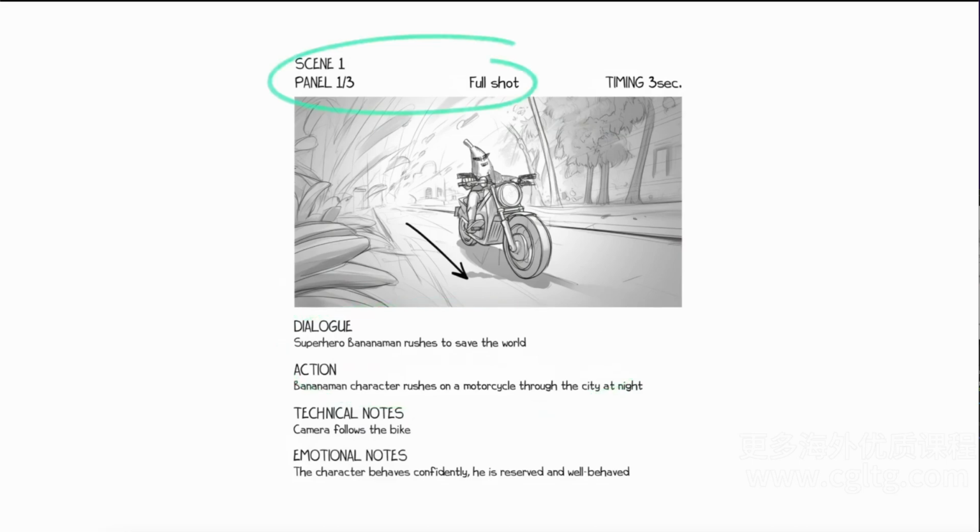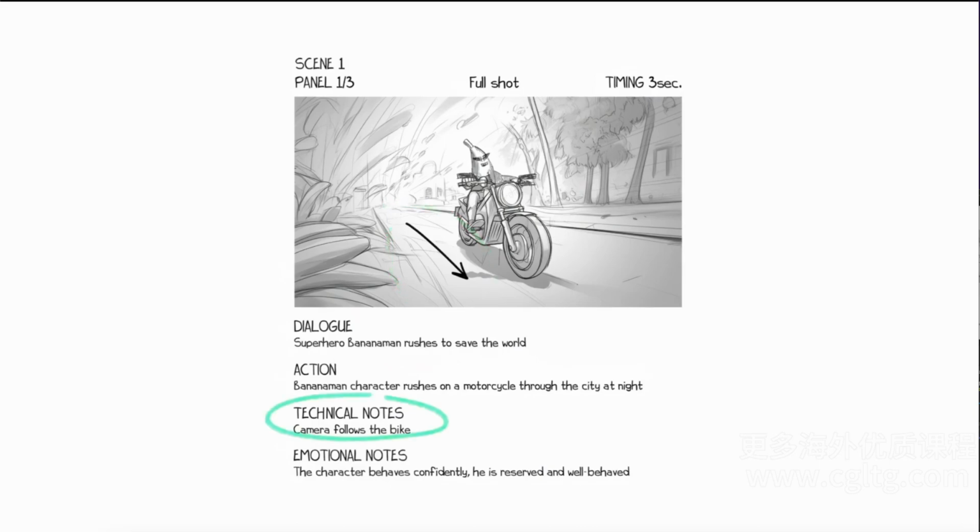Scene number and shot type. Generally located in one of the corners of the panel or below it, this information helps to organize the storyboard and indicate where each panel fits into the overall sequence. Directional arrows or indicators. These are often used within the visual representation to show movement or camera direction. For example, an arrow may indicate that a character is walking into the scene or that the camera should pan from left to right.